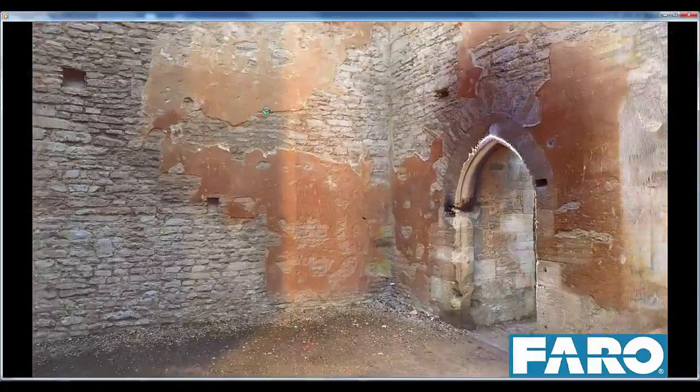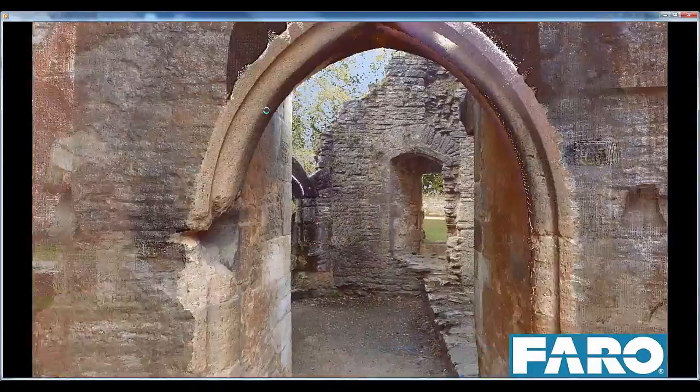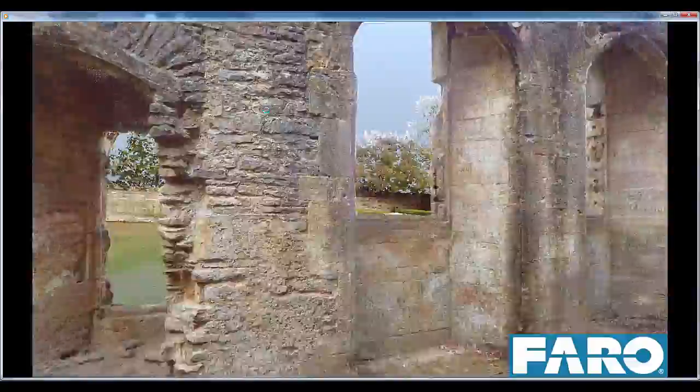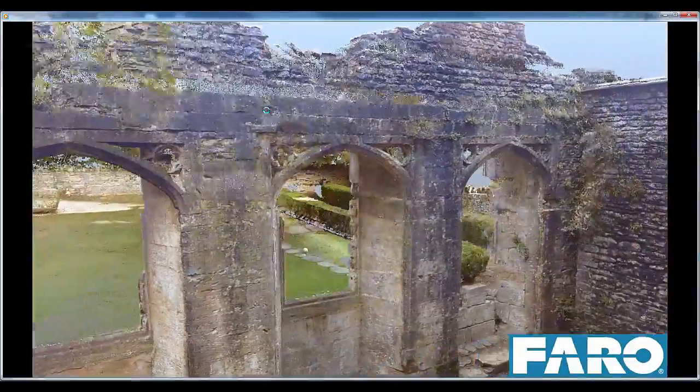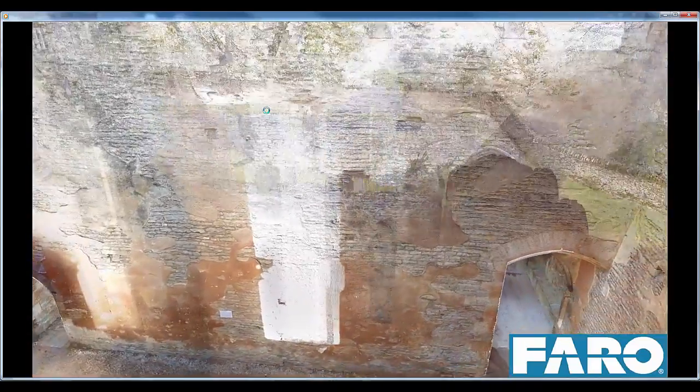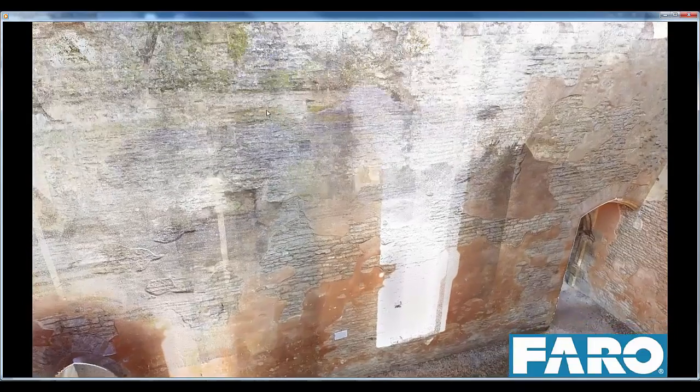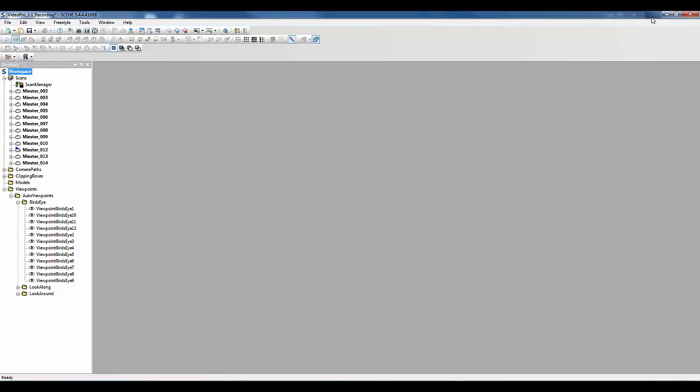Also the smoothness of the video is not particularly great, so I would probably increase the number of frames between, and by the looks of it I've also turned on the loop option. So at the last scanner location it's returning back to the start, and so the video continues. So if we just stop that now, go back to SCENE,